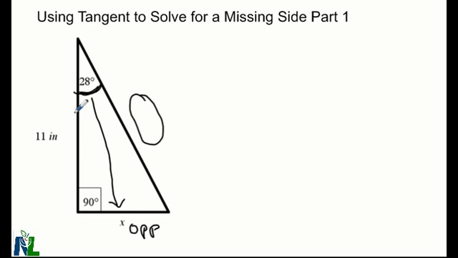But what we do need to write in is the fact that right next to, touching the reference angle, is this side, 11 inches. That side, which is right next to the 28-degree angle, is referred to as the adjacent side. Because we're dealing with a triangle that has an opposite side and an adjacent side, we know that the trig ratio tangent is the correct one to apply to solve for the missing side. So, tangent of the angle that we're trying to find, or is given, is equal to the opposite side divided